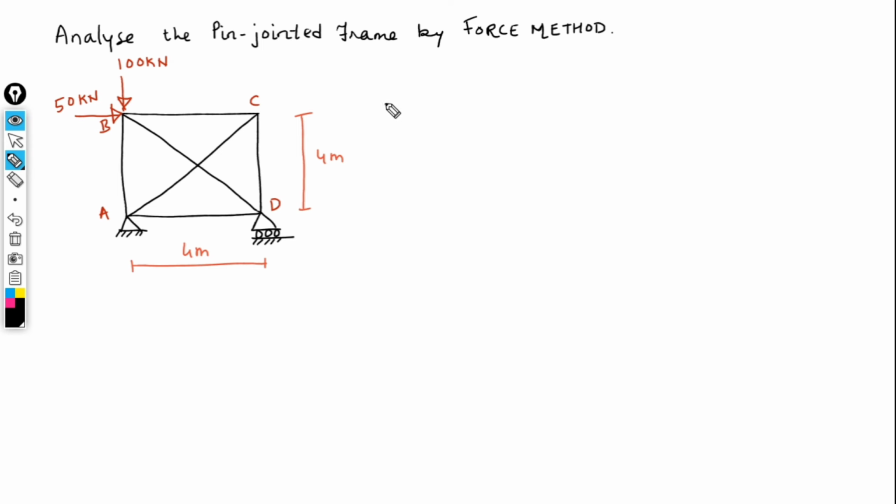We have DSI, which is known as the degree of internal indeterminacy, the formula of which is m minus (2j minus 3), where m is the number of members and j is the number of joints. You can count the number of members. For this particular structure, we have 6 members and the joints are 4. When you solve it, you will get 1.